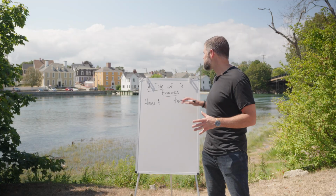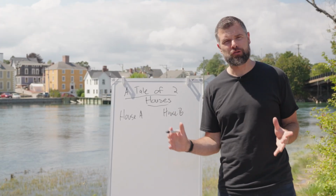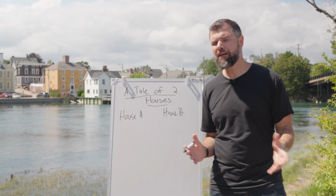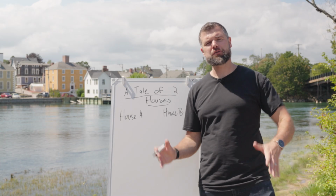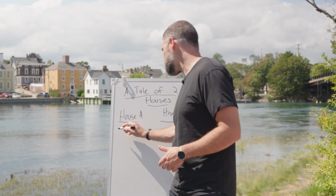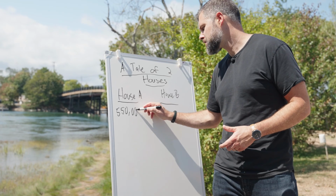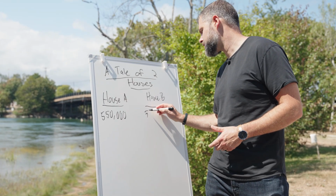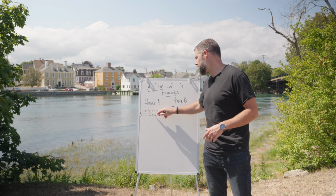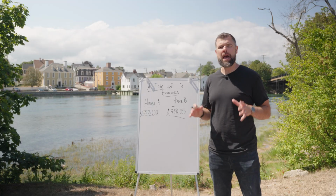And so we look at these two separate houses and we realize that they're in roughly the same neighborhood. They're in roughly the same condition. They have roughly the same beds and bathrooms. And so from a pricing perspective, we look at the market value of house A and house B, and we say, okay, the market value for both properties is right around $550,000. And so these houses start from exactly the same place, $550,000 for house A, $550,000 for house B, but then